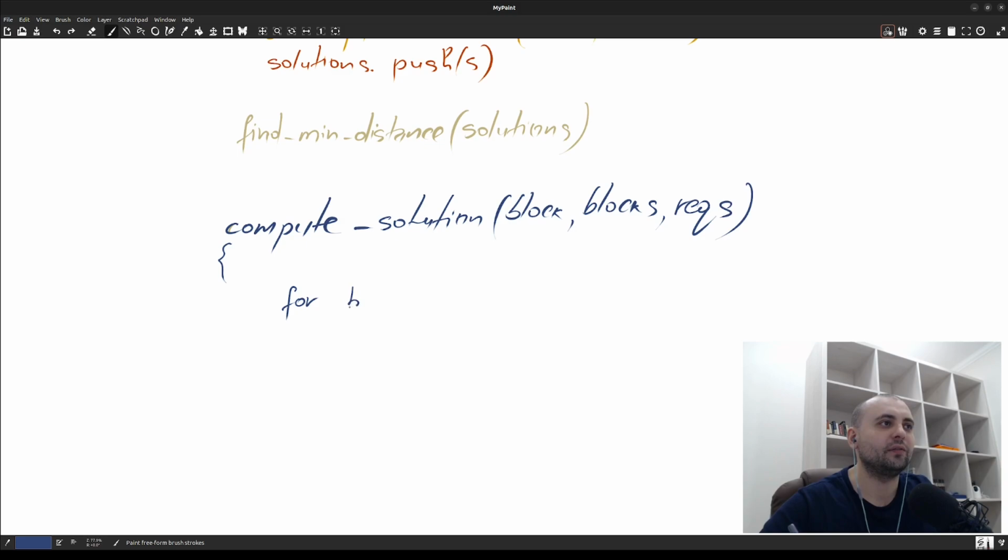Let's call it B for now. For the B in blocks, or for the iterated, yeah, let's call it just B for now. Let's not get very deep into it. Of blocks, or probably in this case we'll do it a little bit differently, because we kind of know the index of